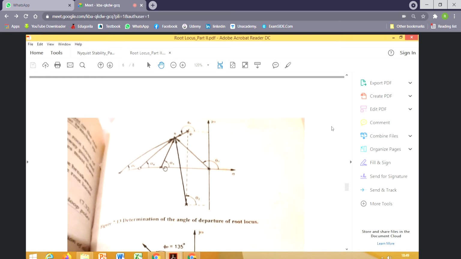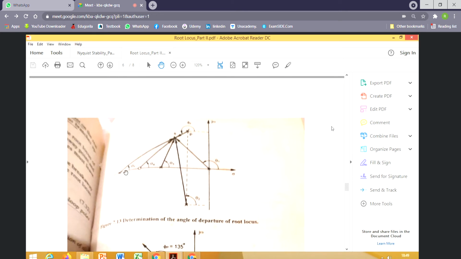So the angle of departure of this root branch is 0, isn't it? And similarly, this segment is one on-locus segment. This is again one on-locus segment. Hence, the root branch which will originate from this real open loop pole will move along the negative real axis, but in this particular direction. And hence, we find that the angle of departure in this case is also 0.